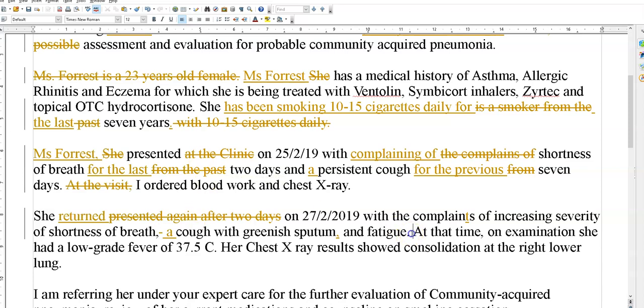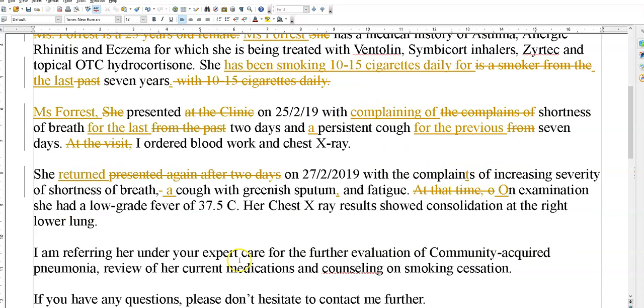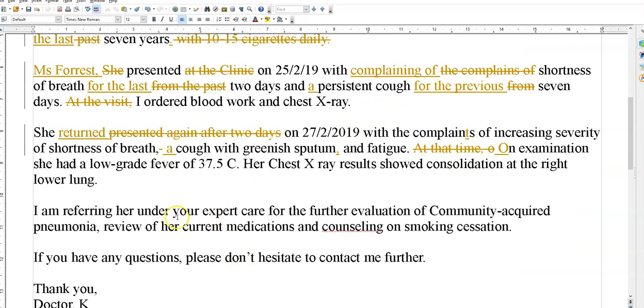At that time, well, it wouldn't be at any other time, would it? Don't need that, do you? On examination, or upon examination, the low-grade fever, chest rates, X-ray results show consolidation. Okay. I'm, as opposed to what? To my amateur care? You don't have to say that either. I am referring her under your, you can simply say I am referring her